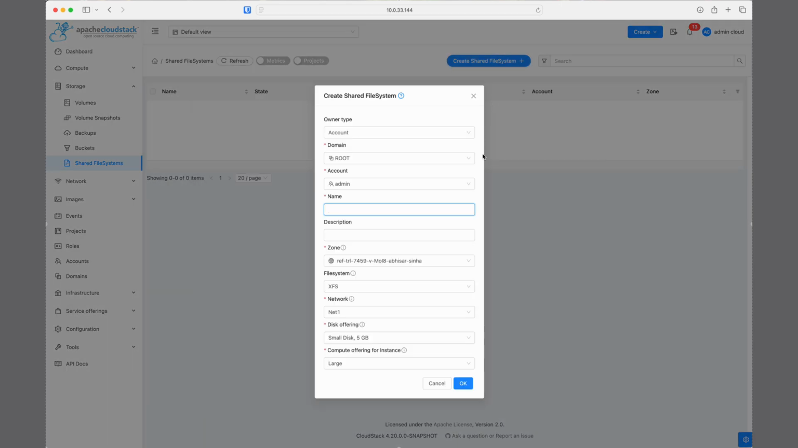In this form, the first three fields are visible only to admins. We can specify the owner type, account or project, the domain, and the account or project in case the owner type is project. That account or project will own the shared file system. For a user account, these three fields will not be visible, and the user account creating the shared file system